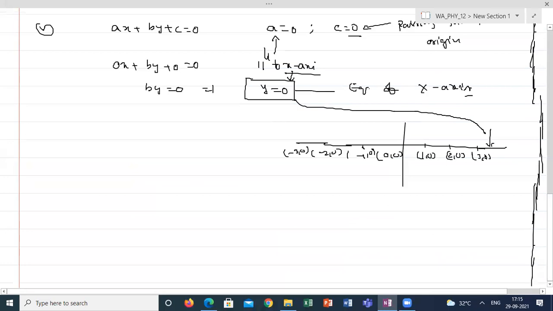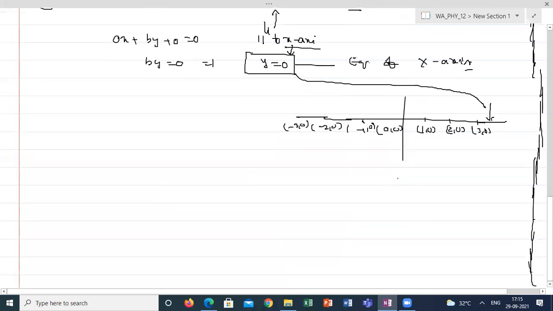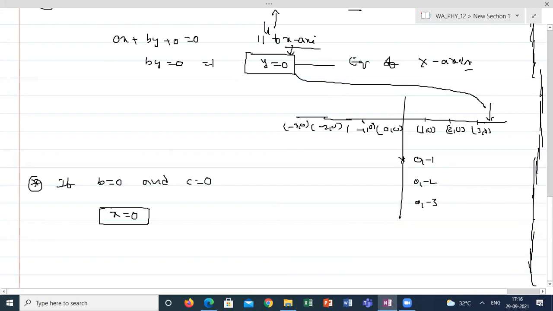So you take any point on the y-axis, the x coordinate is 0. If I'm taking the y-axis, the points are 0, 1, 0, minus 1, 0, minus 2, 0, minus 3. So how can I say? If b is equal to 0 and c is equal to 0, I'm getting x is equal to 0. The meaning of x is equal to 0 is x is equal to some constant. X is equal to constant represents b is equal to 0, c is equal to 0. This condition says the line is passing through